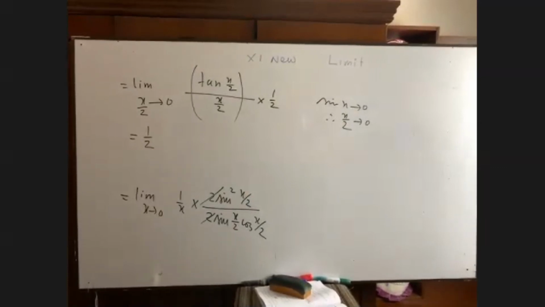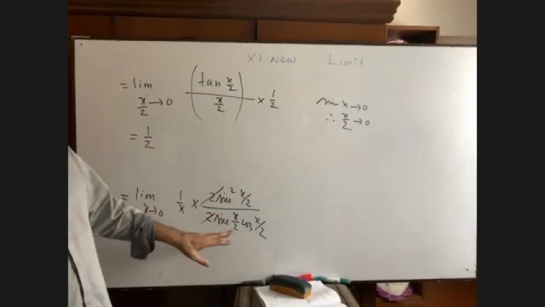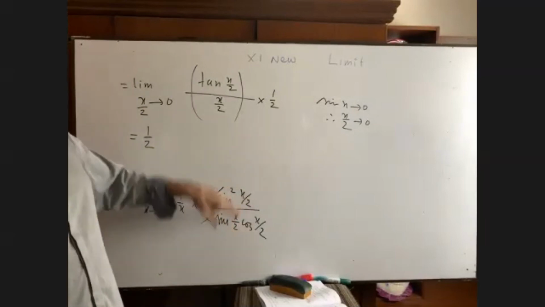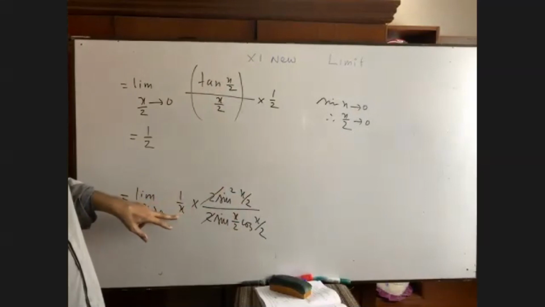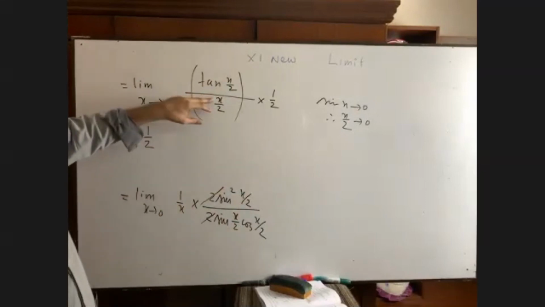So have you got it or not? Just please try to understand. It is tan x by 2. Oh sorry, this is cos x by 2. I have written sin x by 2, cos x by 2. That is tan x by 2. You see, this is x. It is in the denominator.